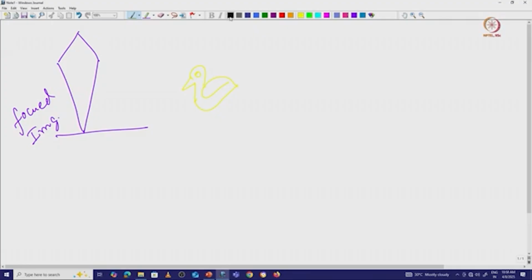Now if I make a background outside this duck, then it will be very clear to you because there is the outside background. So when you are just focused, in that case you do not have any background like that. It is only your yellow duck that you can see, so